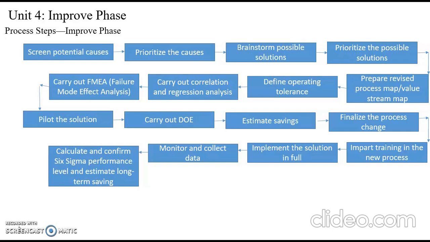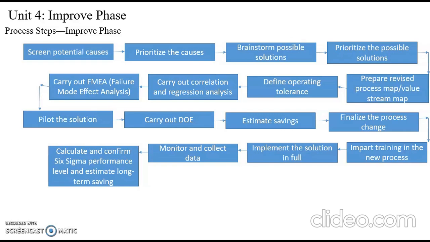The next step is prioritize the causes. During the screening of the causes, the team identified some of the causes as critical which need to be attended first. So it is necessary to identify which one to go first. Otherwise the team is likely to spend more time in eliminating a cause which may not be a root cause of the major variation. So in prioritizing the causes, you should take care to find which is causing the most variation.